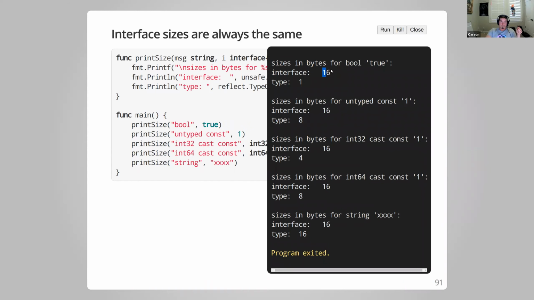So for my Boolean, which we know is 1 byte of data under the hood, the interface, the pointer to a Boolean, when you pass it as an interface, is actually 16. Same thing with our untyped const, our int32, our int64. No matter how big or what we passed to the interface, itself always takes up 16 bytes worth of memory